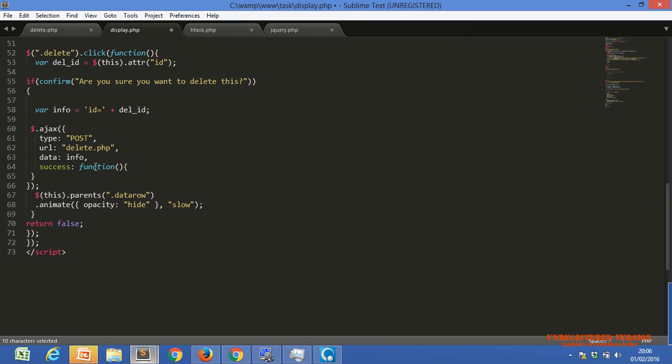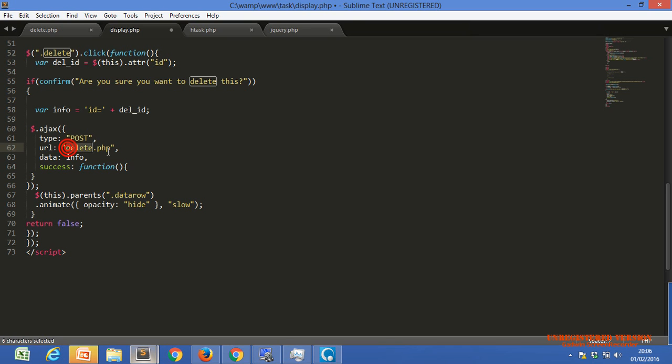In the URL, these are kinds of variables: type, URL, and data. These three will be the same every time, same names. Just change the values. Type means our method, which method you are going to use. We use the post method.